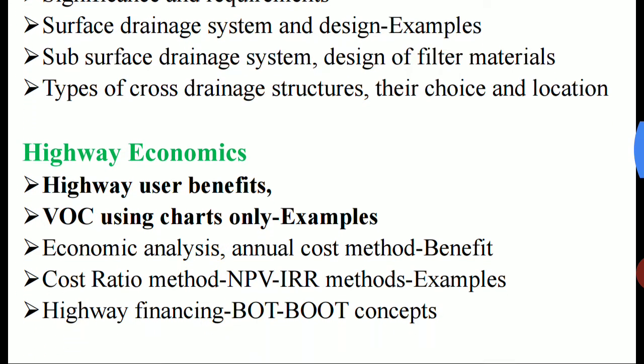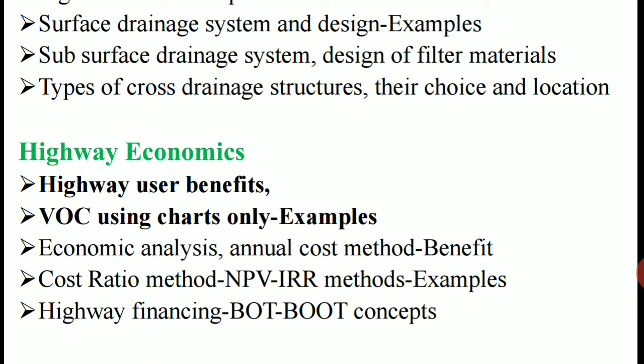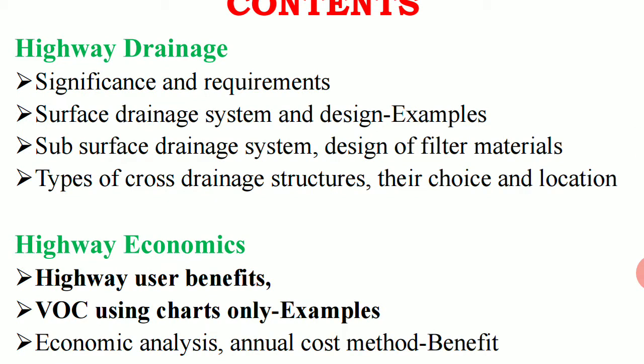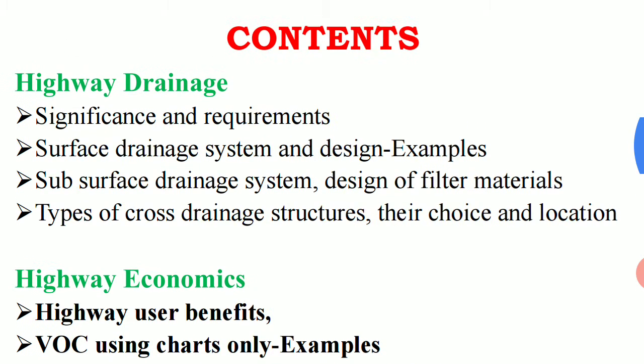And then the types of cross drainage structures and their choice as well as the location. So cross drainage, in the sense, is just provided perpendicular to the road surfaces. There, how we are going to provide those cross drainage structures, and where exactly we need to provide them, depends upon the survey we do at the initial stage of the road construction, right? At that time we'll come to know where exactly we can provide that cross drainage system so that it should not interfere with the road surfaces, so that easily it can be drained off by providing certain drainage systems just below those road surfaces. Okay, so all those things we'll study there.